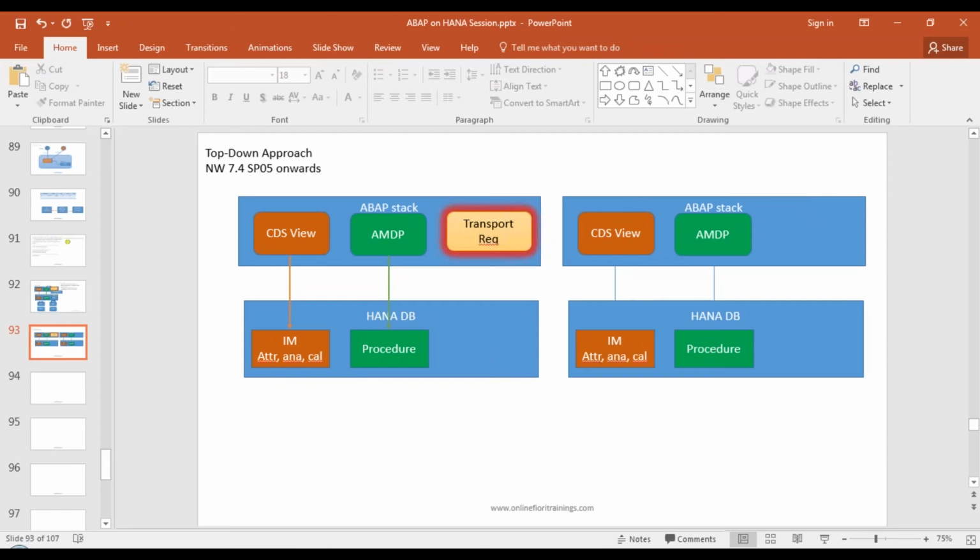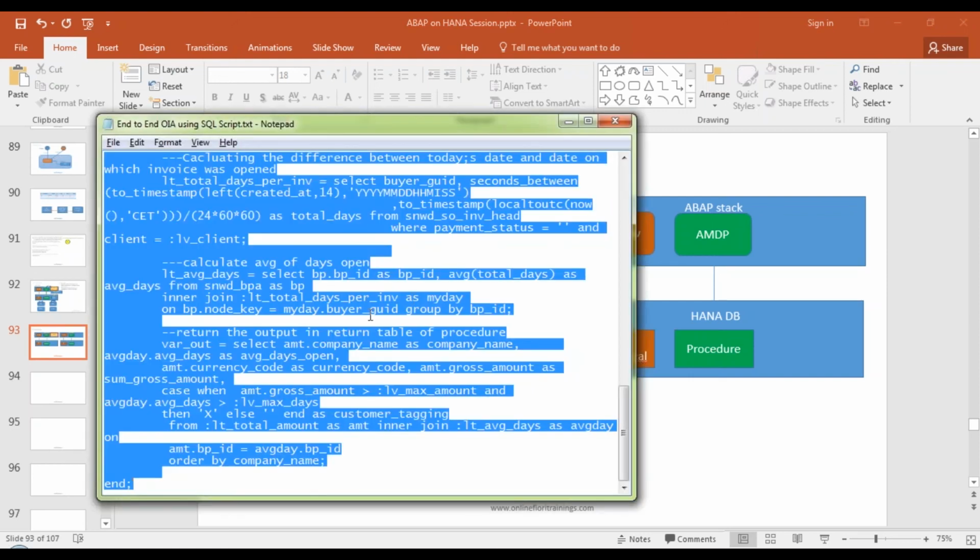In the next session, I will start with ABAP managed data procedures. We will build our open item analysis scenario using an AMDP. We'll talk about AMDP in detail. We will create an AMDP for our open item analysis scenario. We'll look into the limitations, possibilities, preconditions, syntax, disadvantages, runtime errors, exception handling, everything about AMDP in our next class, building a real-time open item analysis scenario using AMDP. This code, what you have done here, is going to be a reference for us.